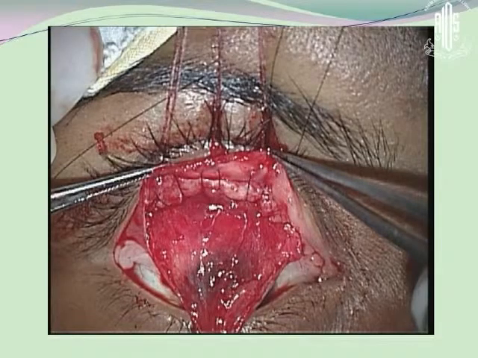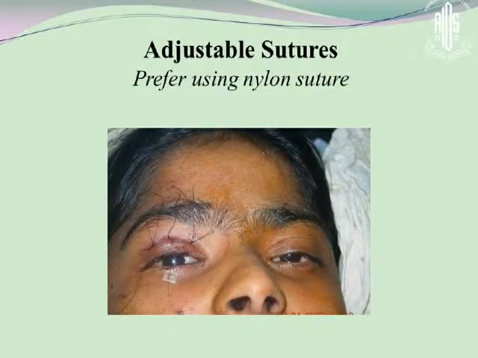This is important. This is towards the end of the surgery. Here I want to show that these three metric sutures have been passed, which starts from the tarsal, and this is the levator muscle over here. This is the levator muscle. These are the three sutures, and this is the conjunctiva, and this is how it comes out on the skin